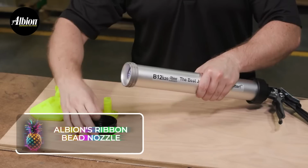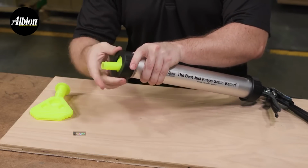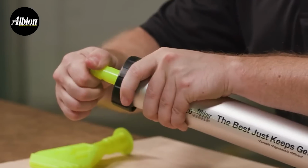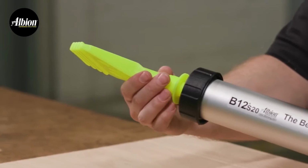Albion's Ribbon Bead Nozzle. Our next tool is one that will ensure the application of liquid-based things is no longer the headache it used to be. Whether you are applying sealant, putty, liquid waterproofing, or anything else of similar consistency, the Ribbon Bead Nozzle will transform